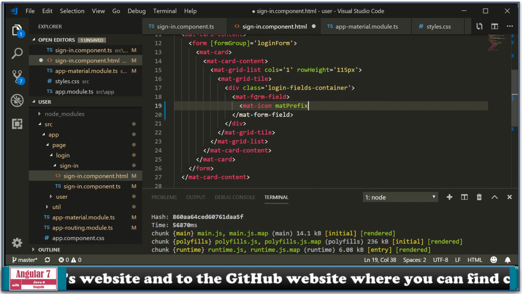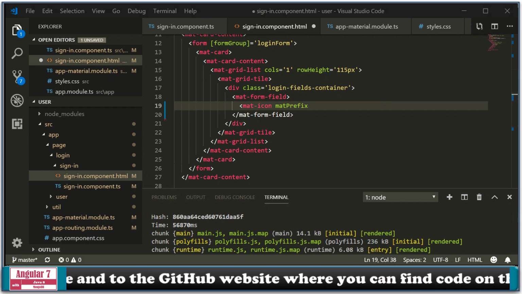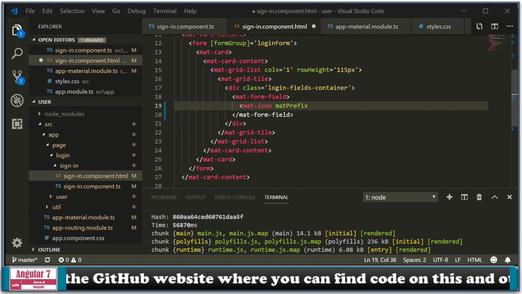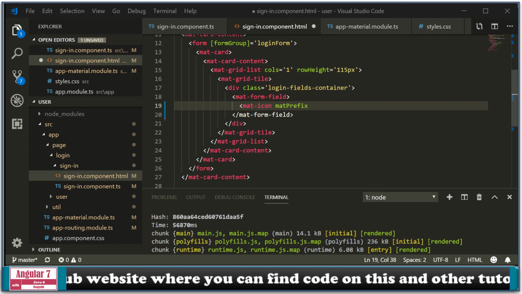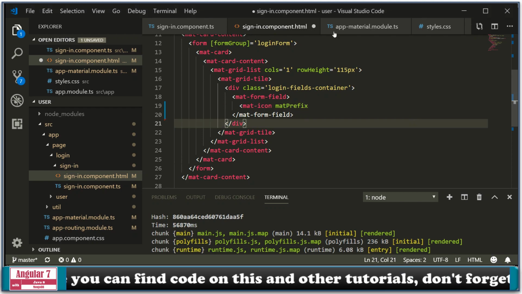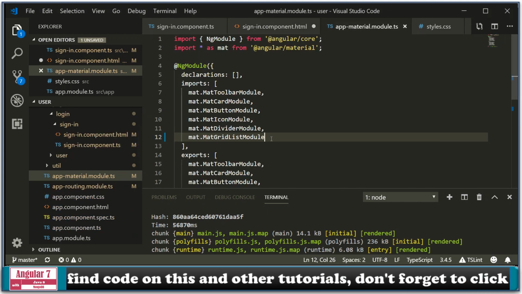And mat form filled, again, that's an Angular material component. So we need to come here and say